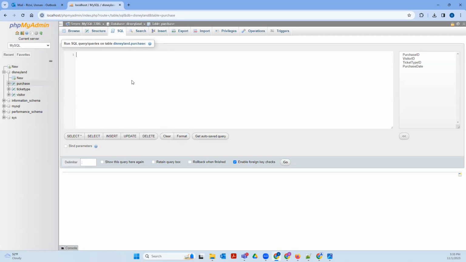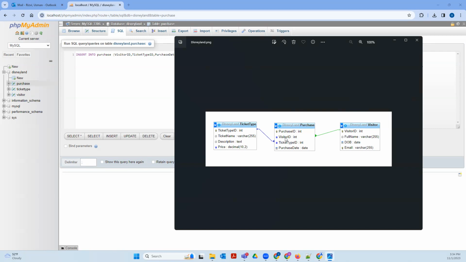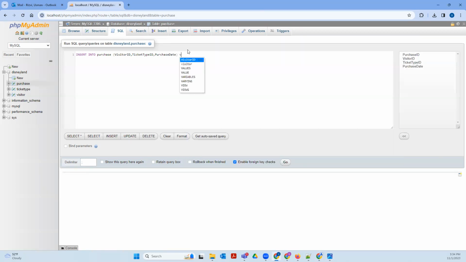So we're going to clear that. And what we're going to do is insert into purchase table. And what are we entering? We're entering visitor ID, ticket type ID, and purchase date. I think those are the columns, right? So we have visitor ID, ticket type ID, and purchase date. And the purchase ID is auto increment. We don't need to add that in there. And we do values, and then we enter